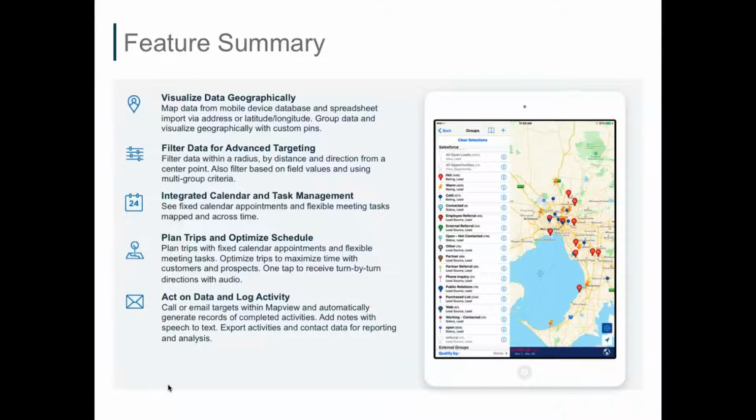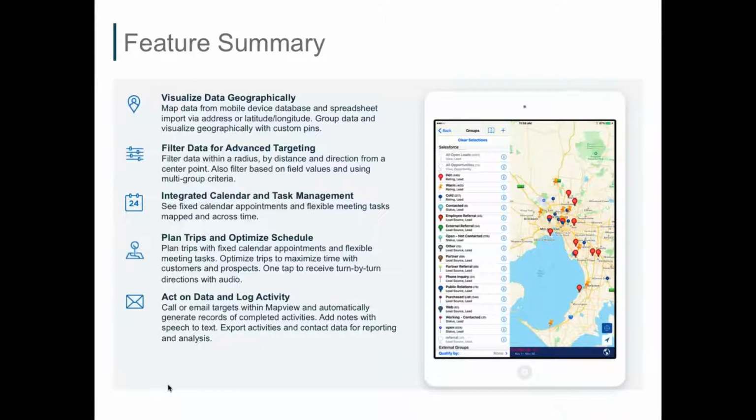So some of you might know our app used to be called Sales Navigator, and we used to always say, don't think of it only as a sales app. Really, there's so many different use cases of what can be mapped through this app. We have a lot of service people using it as well as many unique use cases to boot. Also, viewing geographically, you can group your data to help you visualize where you want to visit by using our custom pin function. So we'll get into that a little bit more as we jump into the demo part of our call.